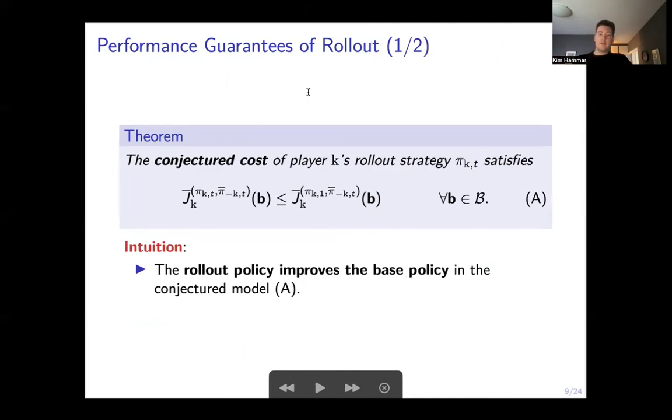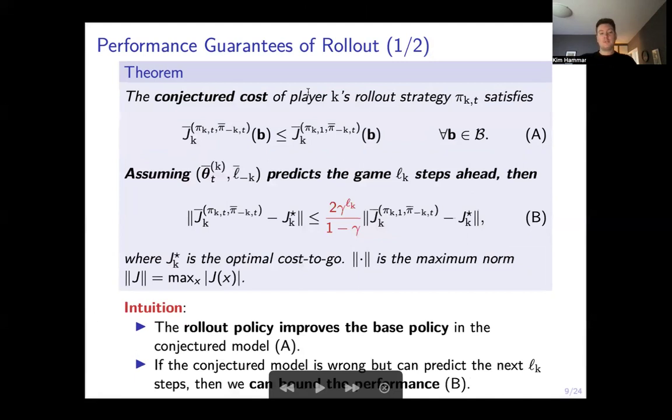Now, this, however, does not tell us anything about the performance of the rollout strategy with respect to the actual model, only with respect to the conjecture. However, unfortunately, it's very hard to say anything about the true model since we don't even know what it is and we make no assumptions about the true model. But what we can say at least is that if our conjectured model can predict the game at least one time step into the future, then we can bound the performance of the rollout strategy using the following inequality,